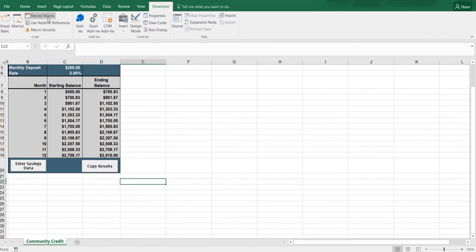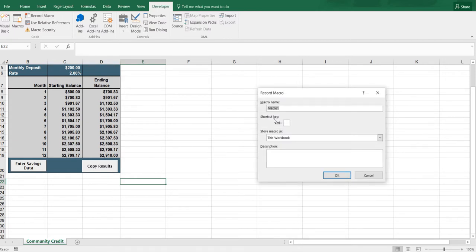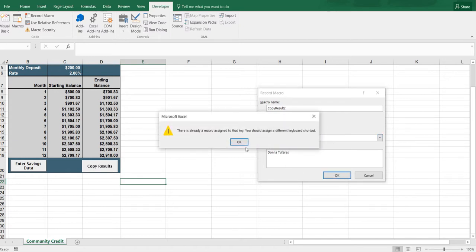And to do this macro, it's in the Developer tab, click record macro, and we're going to name it copy result. And let's see, I'm going to name this 2 because I think I already have one. And then it says control, and it's supposed to be control shift V. So if you hit shift V, it'll put it in there. And we're going to save it in this workbook, and then you're going to put your name down at the description. And when you say OK,